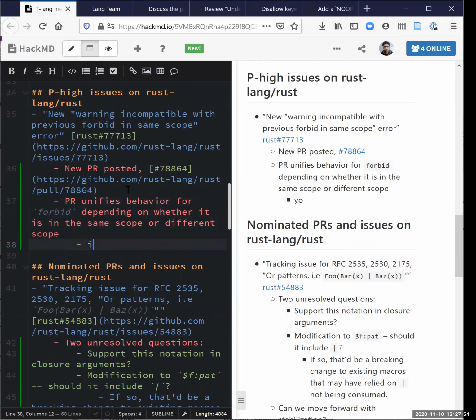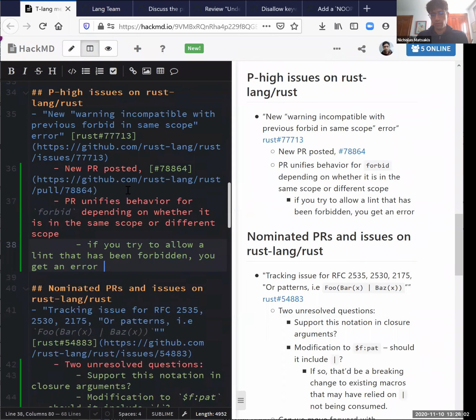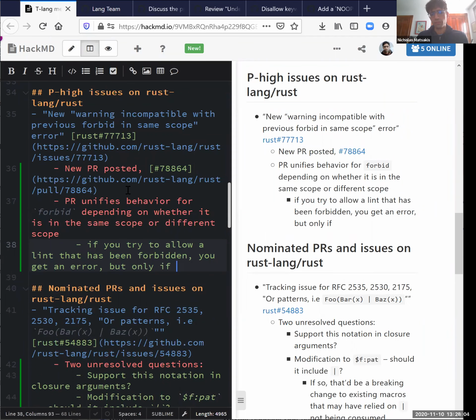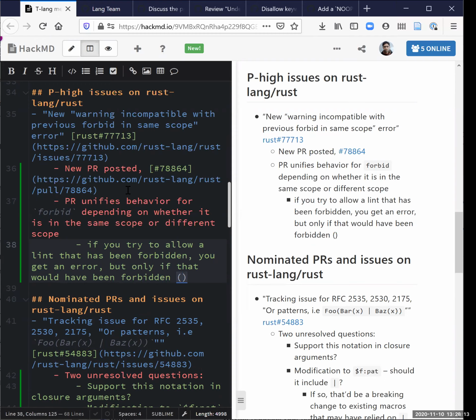So if you try to allow a lint that has been forbidden, you get an error, but only if that lint would have been an error. Essentially, yeah. Well, would have been forbidden. So if you do cap lints deny, it's still not an error, which is potentially weird, but consistent.